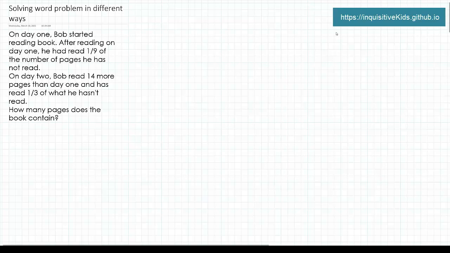First, we need to write down what the problem told us. So it says on day 1, Bob has read 1/9 of what he has not read. So that's 1 to 9 ratio, 9 being how much he has not read and 1 being how much he has read. And on day 2, he has read 1 to 3 ratio because 1 is how much he has read and